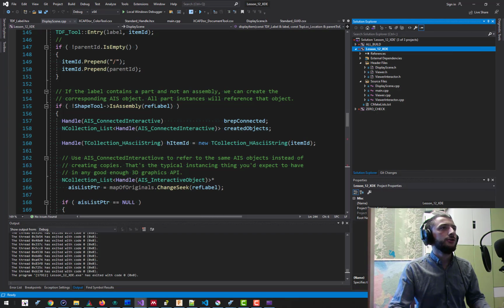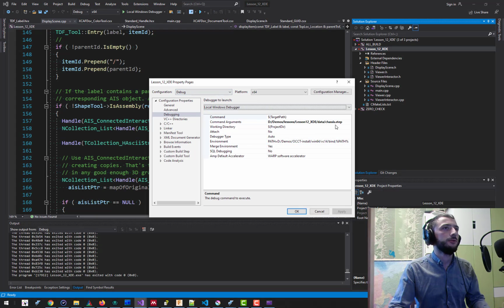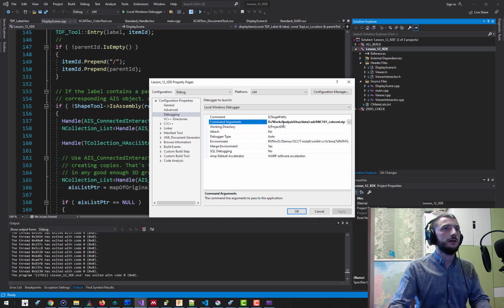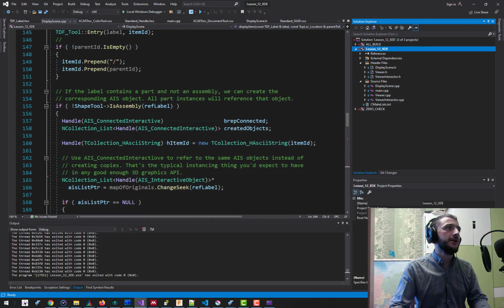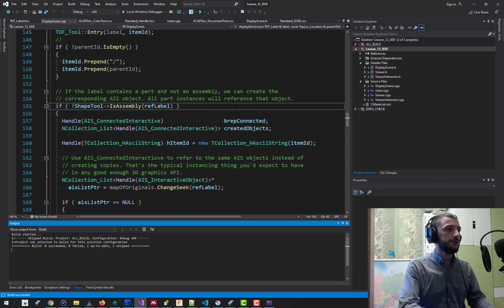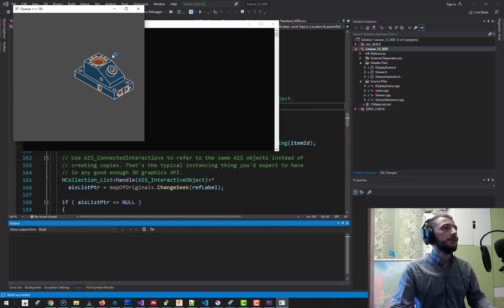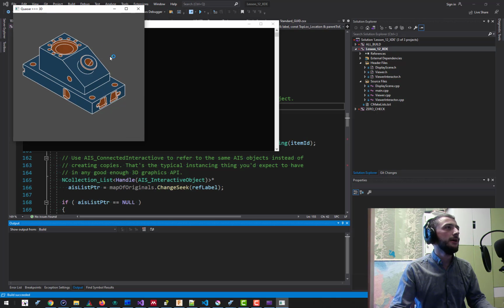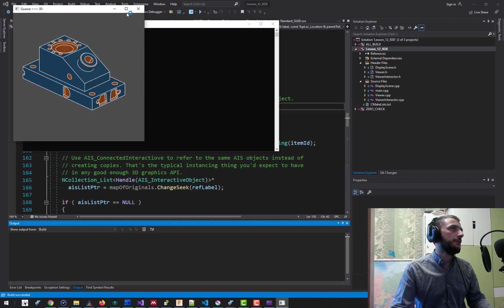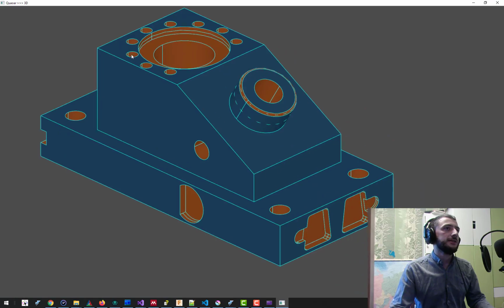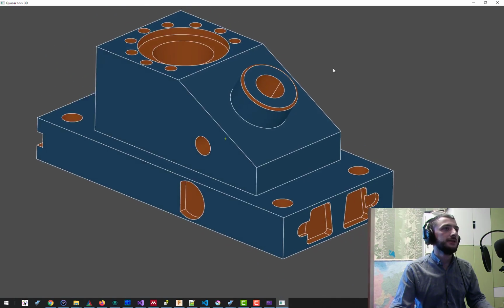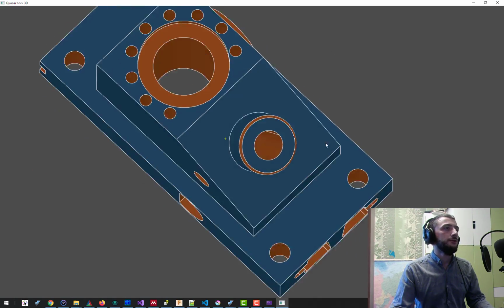So I can change this input for my application from an assembly to this single part object. And let's see what's going to happen, because actually there is no hierarchical assembly graph anymore in this model, but still there are some colors I want to visualize, some colors I want to have on my scene, and you see all those colors are visualized nicely. So I have all my metadata in my viewer without